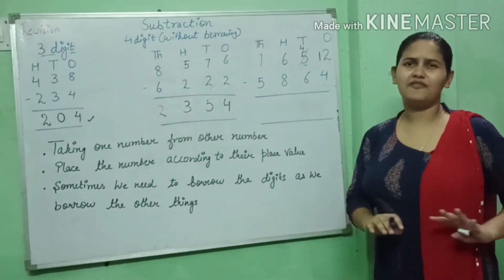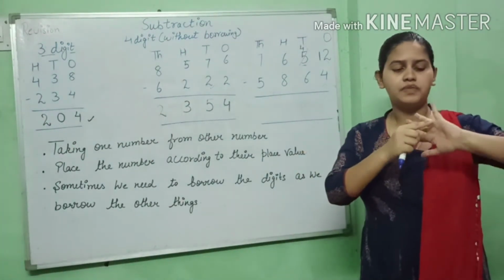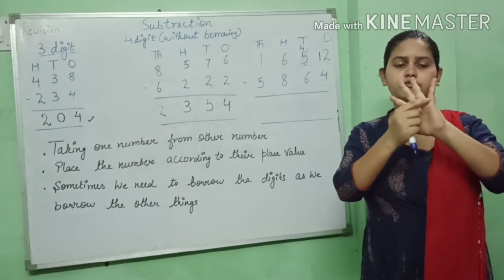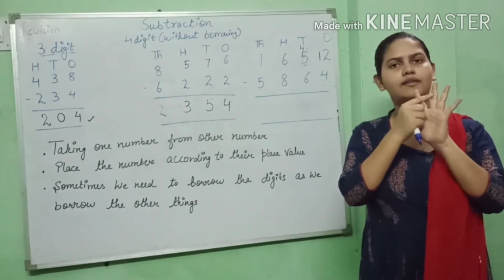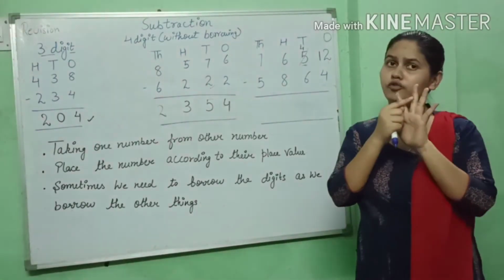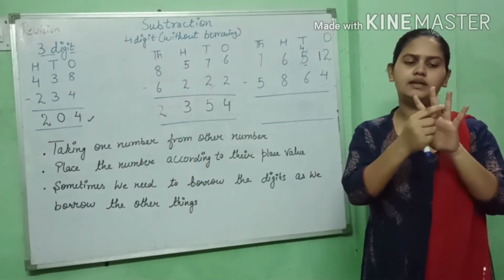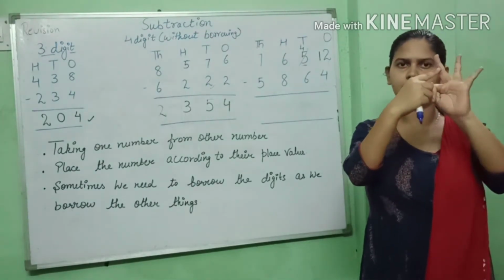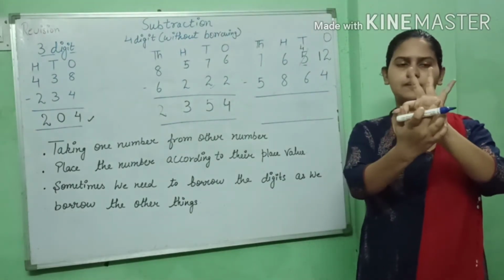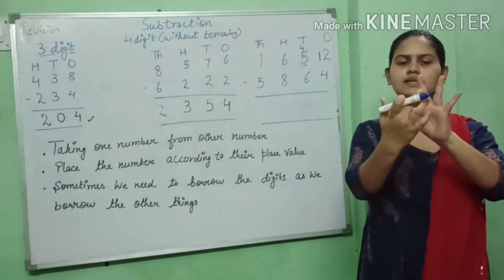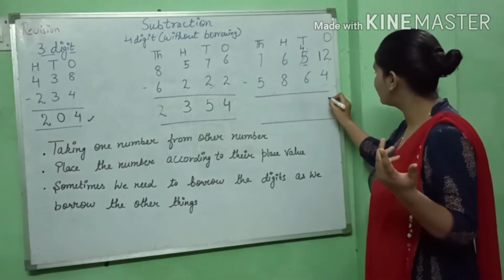Okay, now we have minus 4. Now we will count 4 after: 4, 5, 6, 7, 8, 9, 10, 11, 12. I counted till 12 because we have to minus 4 from 12. So we count 5, 6, 7, 8, 9, 10, 11, 12 till there. I am going to mark it. Now we will count it. Firstly, 1, 2, 3, 4, 5, 6, 7 and yes, 8. How many digits are left?